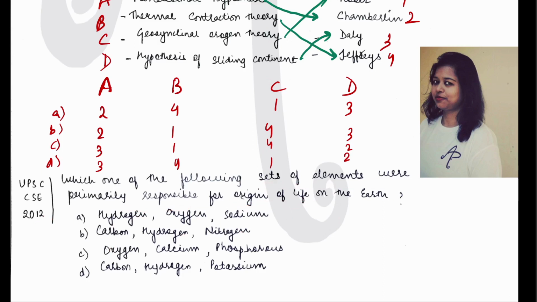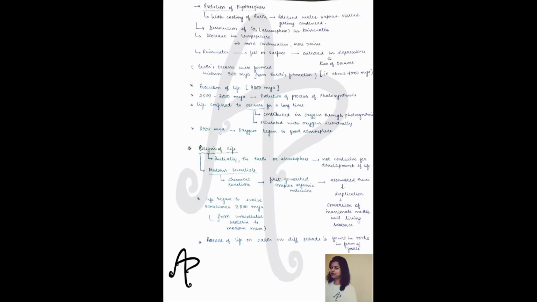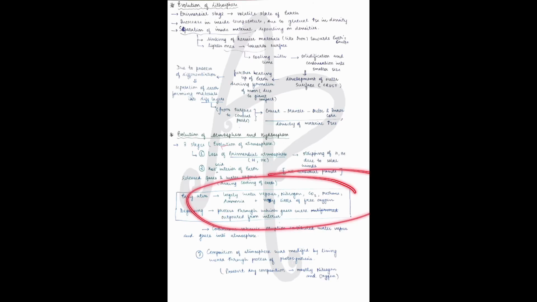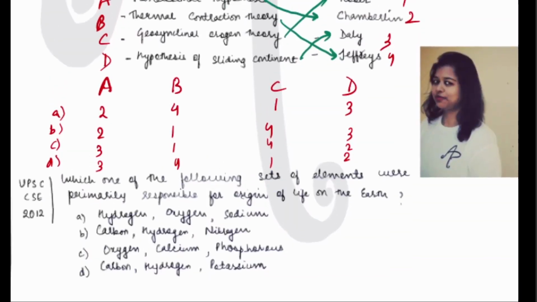Now here also you just see that we have done enough on what gases, etc. were present in this particular section. Here I have talked about the origin of life, etc. So if you see this in detail, roughly you are getting, for example, water vapor, nitrogen, carbon dioxide, methane, ammonia, even a little oxygen also, because in the later phase of course we had oxygen. Now you see that we have not talked about sodium. We have not talked about the origin of life on the earth and the evolution relating to sodium in, of course, the initial few phases.